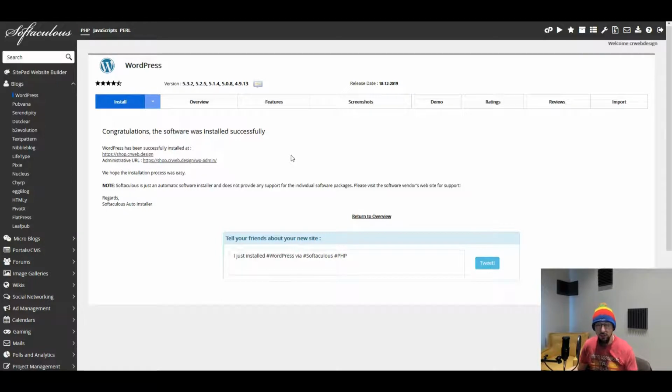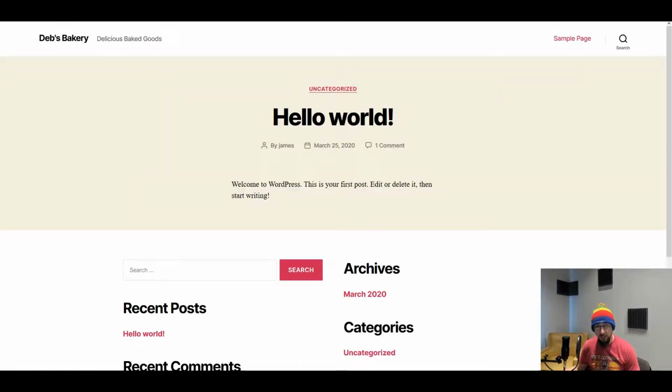So once you get to this screen or a similar screen, like I said, this isn't exactly what you'll see if you use something like SiteGround or some other hosting company. But basically, once you're done, you'll want to go to your domain name, and you'll see the default WordPress. This is just the very default WordPress theme that anytime you install WordPress, this is the first thing that you're going to see. We haven't gone in and changed anything really. All that we can see is that it put in our site name and our description